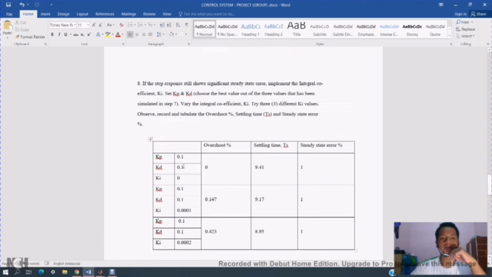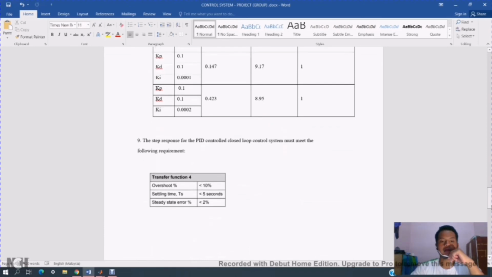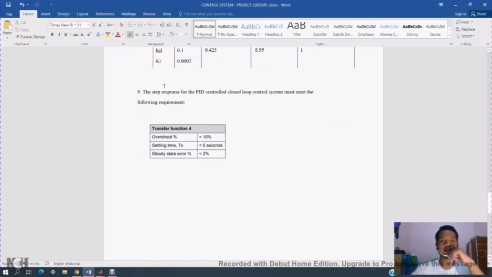And for number 8, we replace the value of KI, replacing KI equal to 0 with KI equal to 0.0001 for the second, and the third one is KI equal to 0.0002, and this is my result for number 8. And the last one, number 9,